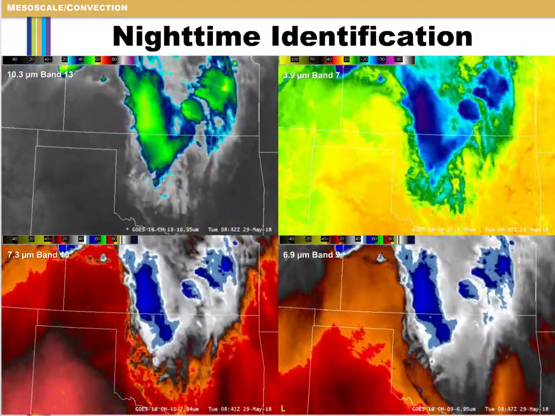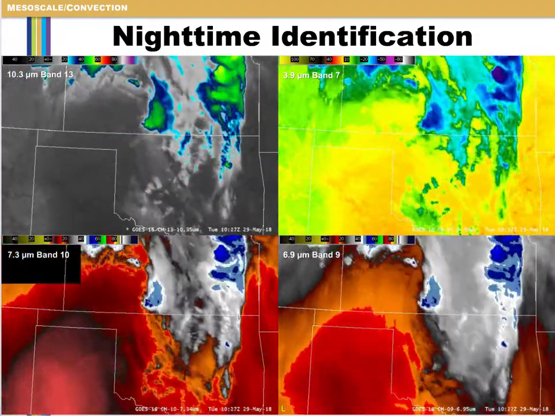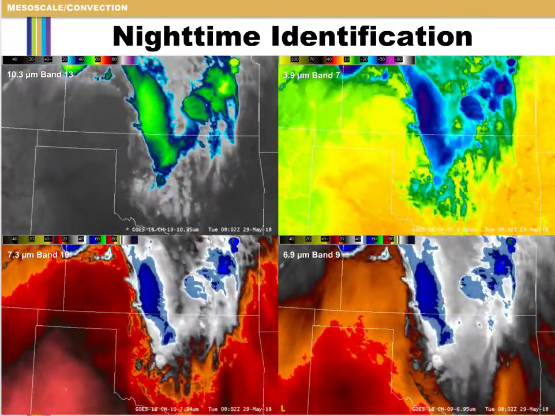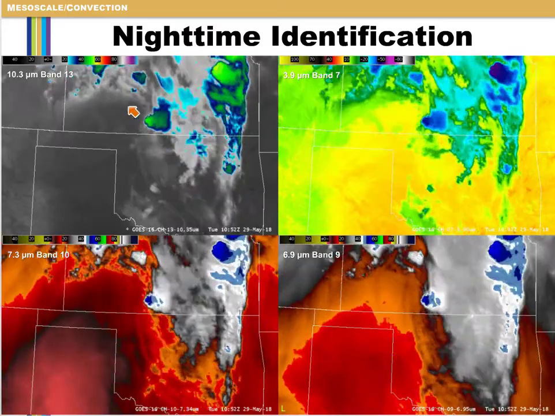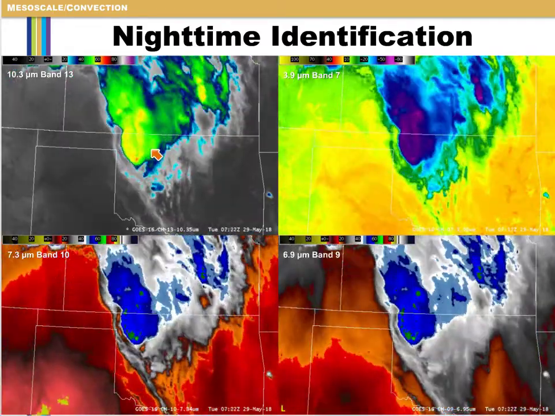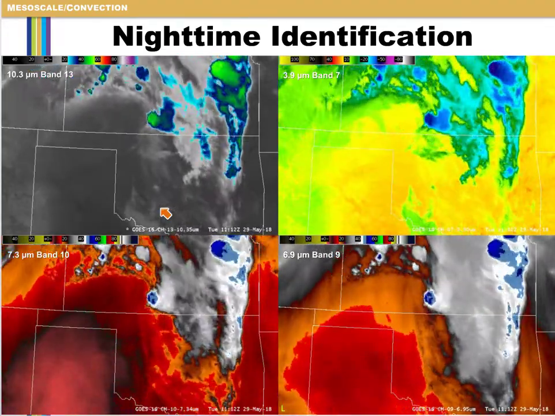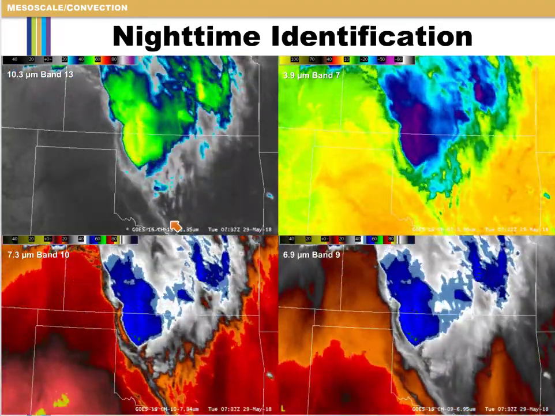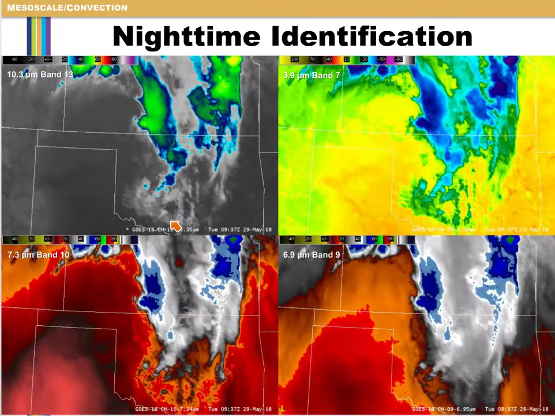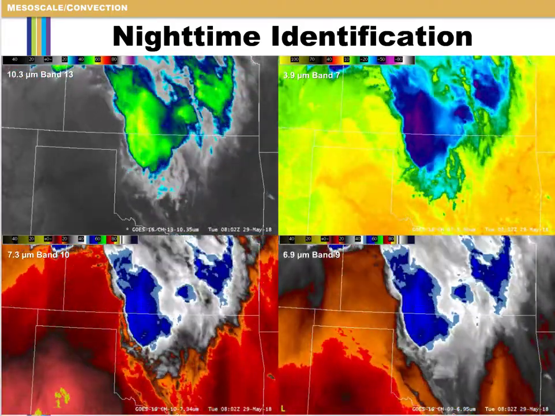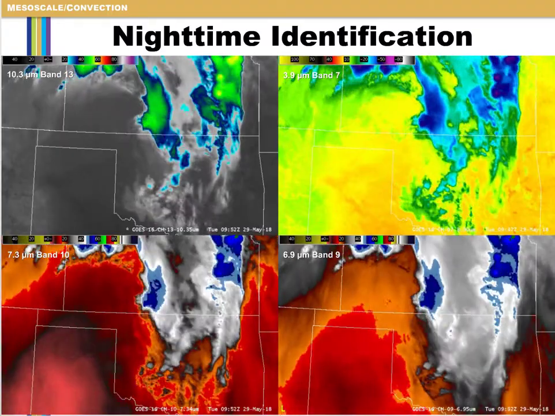Your best tools from GOES for analysis at night are the 10.3 and 3.9 micron bands. In this example over the plains, we see numerous outflow boundaries and stable wave clouds, or perhaps an undular bore for a brief period in southern Oklahoma. Continuity in following features is particularly important at night since the spatial resolution of the IR bands is less than